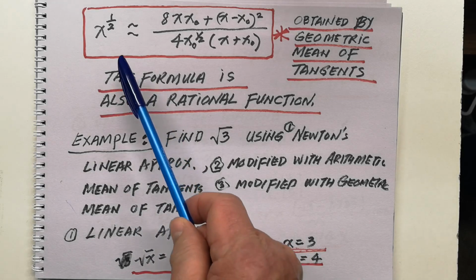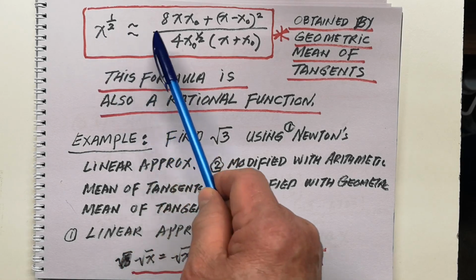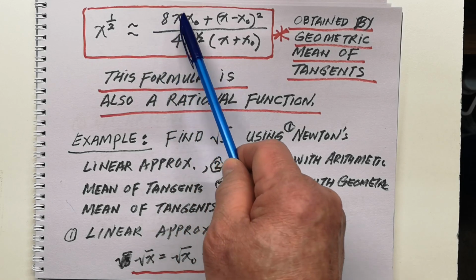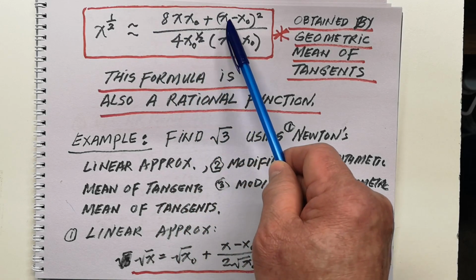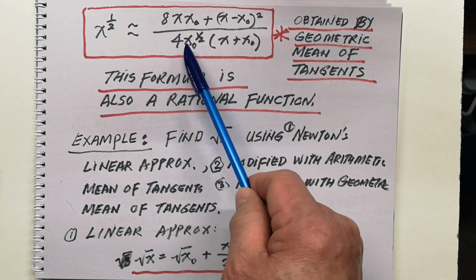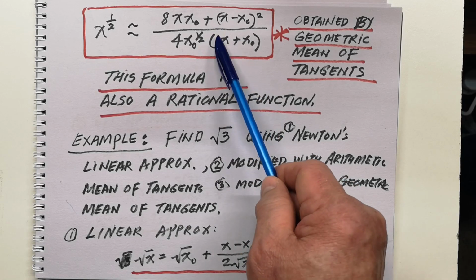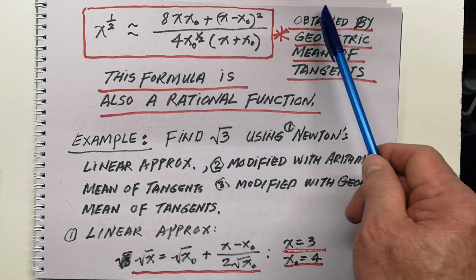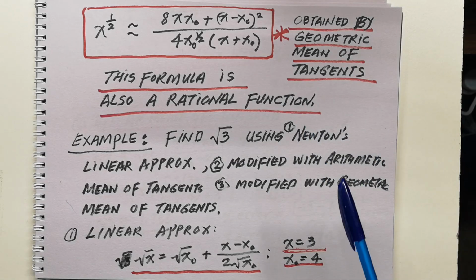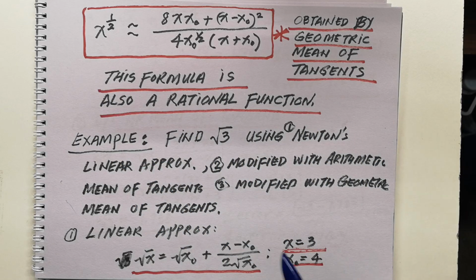And the final result is square root of x is approximately equal to (8x times xo plus delta x squared) divided by 4 square root of xo multiplied by the sum of x and xo, obtained by the geometric mean of the tangents. And this formula is also a rational function. Example, find the square root of 3